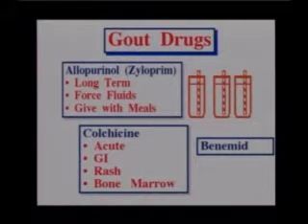A couple things to remember with that, and the most important is to push fluids. So you notice I put 3 glasses of water beside this picture of allopurinol to remind you to have the patient drink plenty of fluid so they can flush that uric acid right out of the body. It's best to give with meals, but the key element they're going to ask about is the fluids.